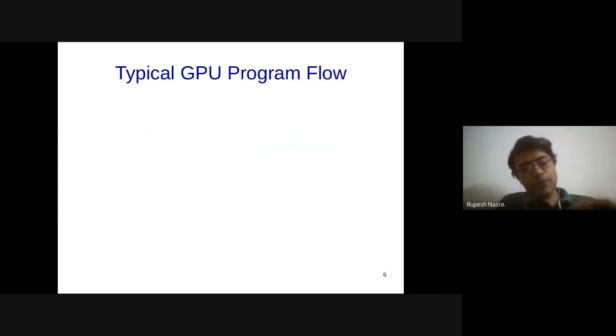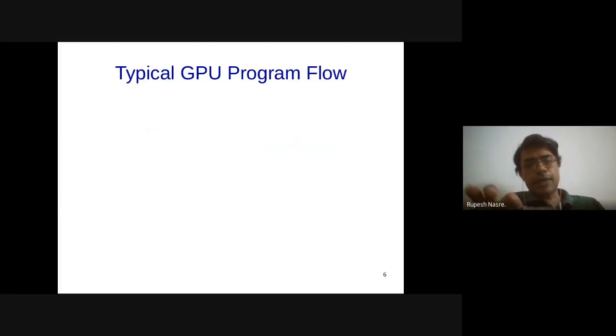A typical program flow starts from main, our main function, which is running. The a.out that you have is going to get loaded into the operating system. Whose operating system? It has to be the CPU's operating system because that is the host. The GPU is not coming into play right now. So a.out gets loaded into the operating system, running on the CPU. Then we go to main and execution begins. What is the type of this execution? It is sequential execution running on the CPU. This is where it starts.